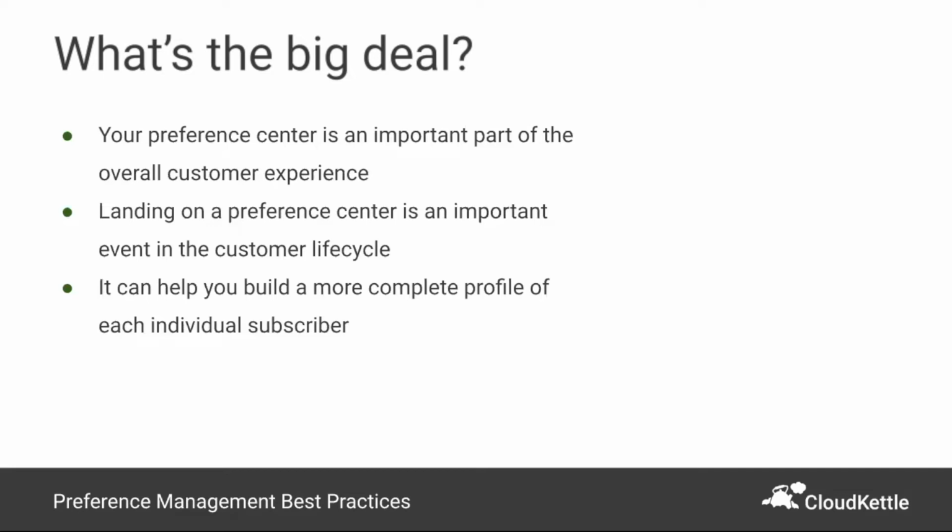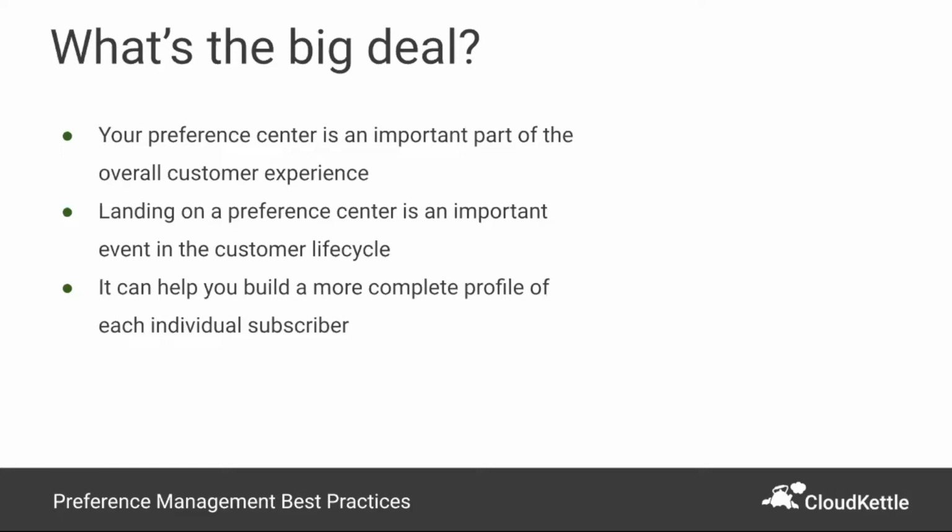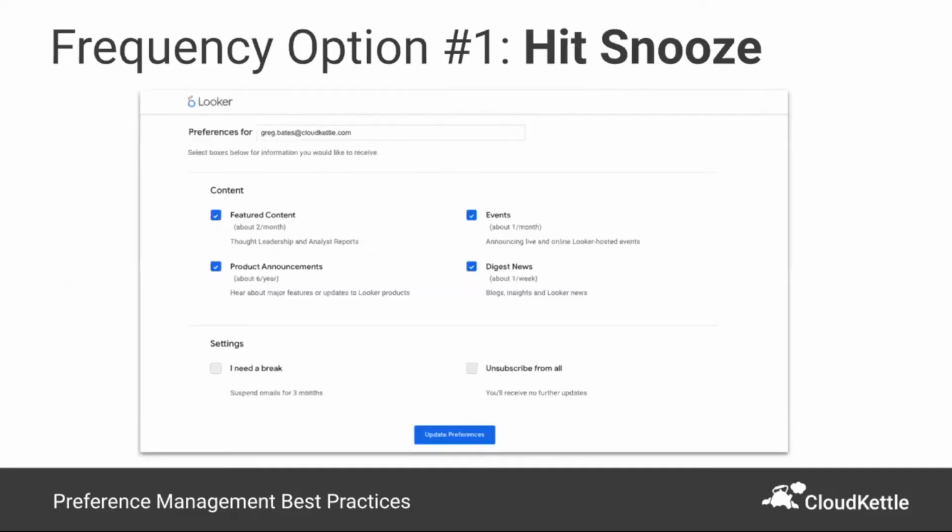So let's take a look at some examples of options that we can include in our preference centers to create a better experience for our subscribers and for our users. One of the most important options that we can give subscribers is the option to control the frequency with which we're emailing them. So like Looker does here, we could include a snooze or pause option as an alternative to